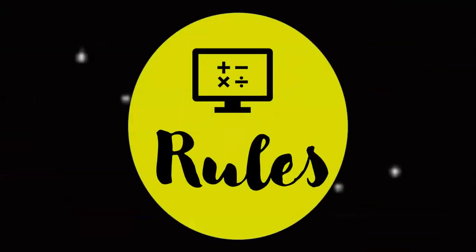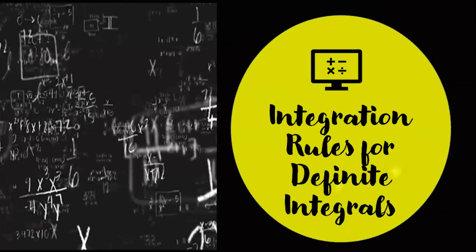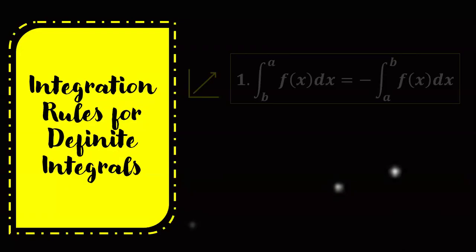Let's proceed now to the basic integration rules for definite integrals. From the word itself, they are definite because we are not assigning anymore a value for c. When you say indefinite, it means they are not definite, so there is a constant value, and all the answers are just general antiderivatives. But when they are specific, because of the boundaries that we set, then they become definite integrals. Okay, I hope you understand that definition.